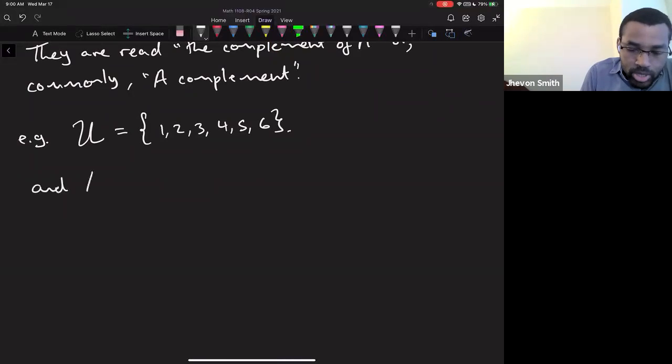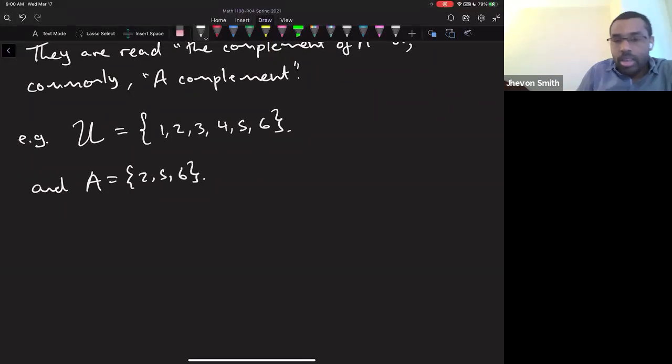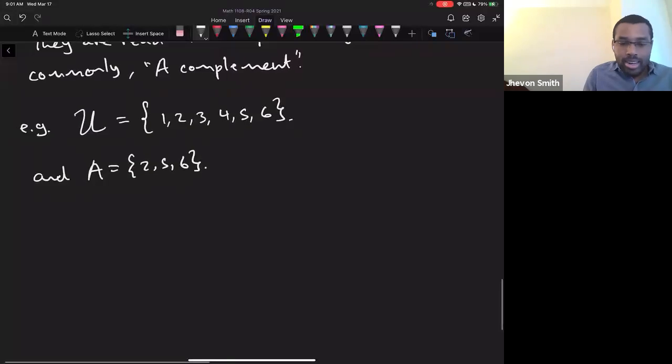And suppose I said, okay, my set A here is 2, 5, 6. So before I could just say, oh, A is a set with 2, 5, 6, and everyone's like, okay. But now I'm defining, okay, this set 2, 5, 6 lives in this universe, right? Meaning there are no other numbers other than these 6 numbers. And here's a set that has these 3 numbers, right? Then I can say